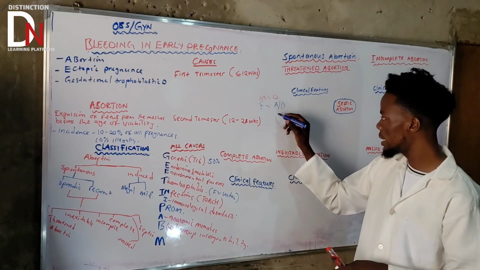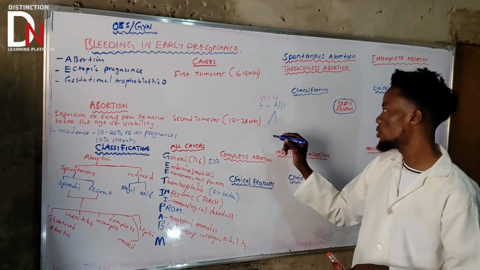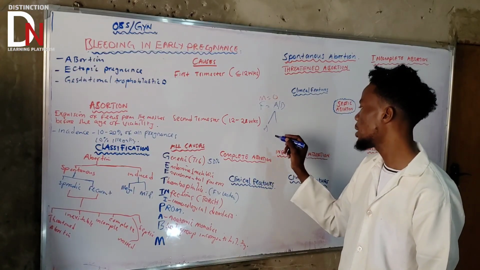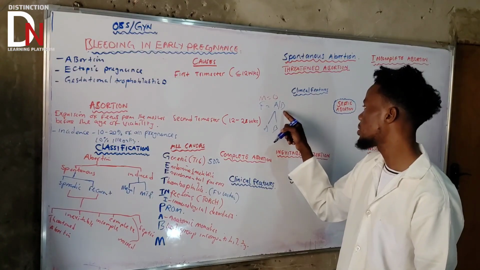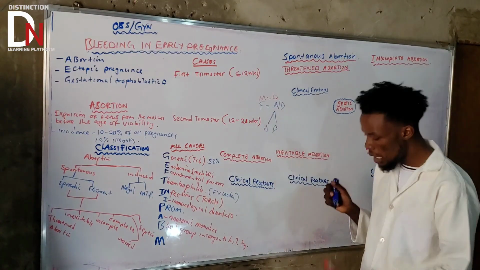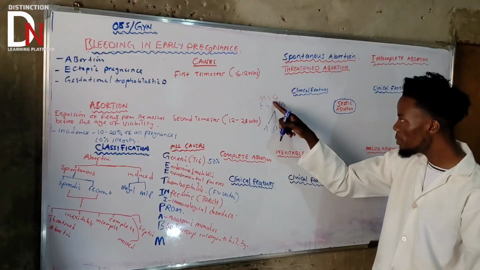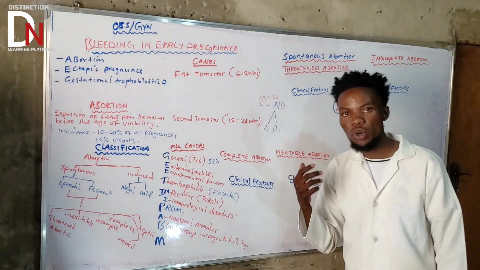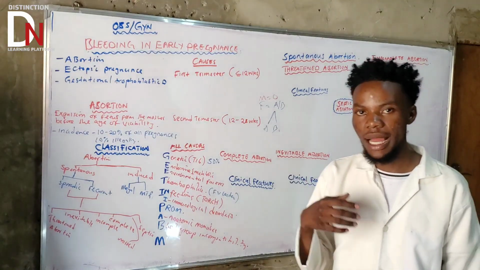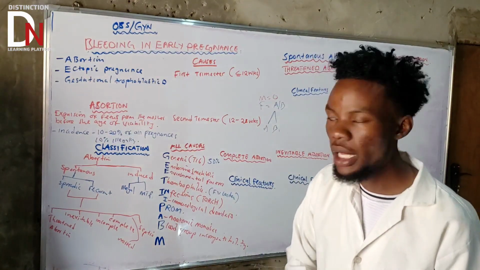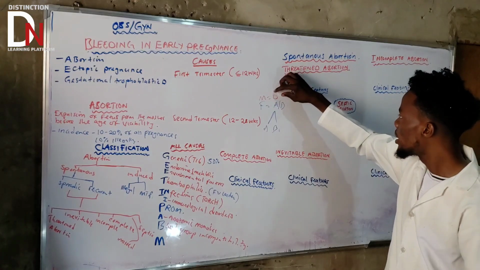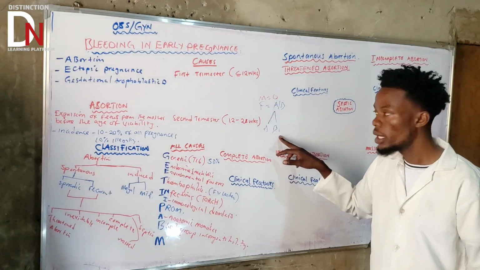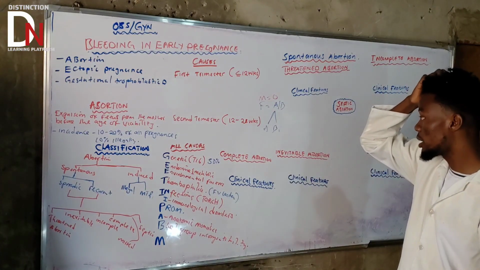now the probability that the fetus that's going to come out is going to have blood group A or blood group B. Now, if this is the fetus, remember that if the mother is blood group O, they are going to have antibodies, anti-A or anti-B type of antibodies. These antibodies have the possibility to start attacking A or B, the type of blood group that is found in the fetus.